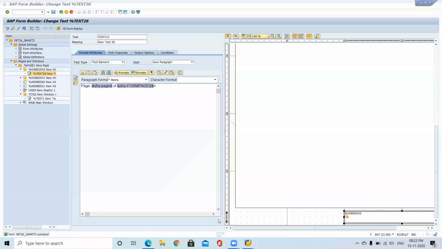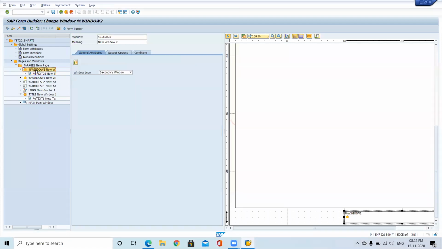What we expected is 1 of 14, but it's not printing that 14. That is a problem with the available space. Sometimes we face a problem with the available space. For this window, the space is not enough, so it's not able to print.